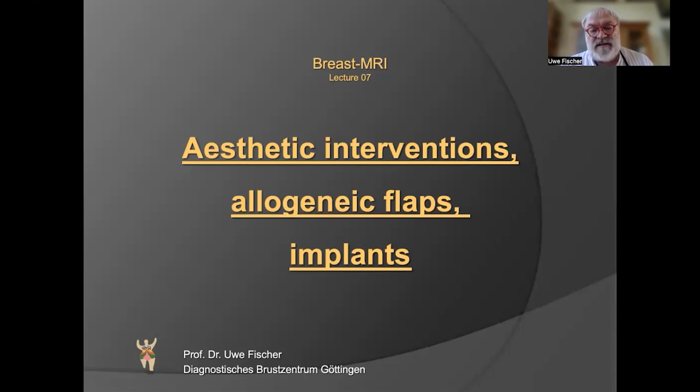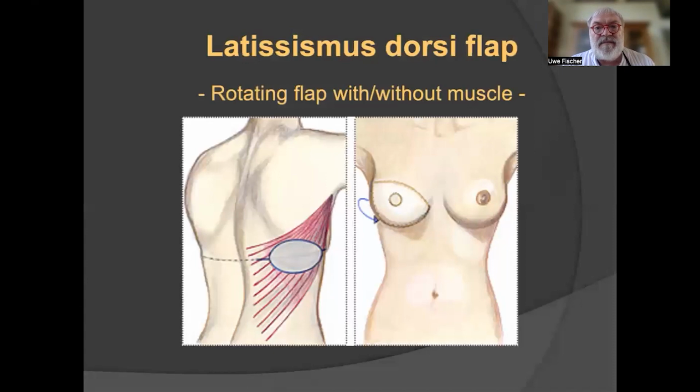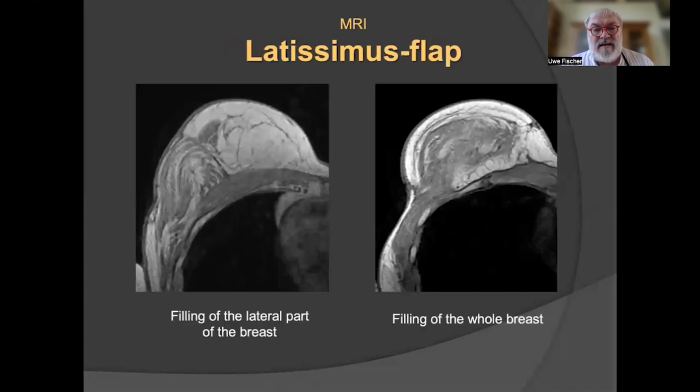I think it's a new thematic we have to deal with. And what we have to know is what are the types of flaps. One type is a latissimus dorsi flap, when the muscle from the back part is used to fill the breast volume. And if we look at T1 weighted imaging, we can see things like